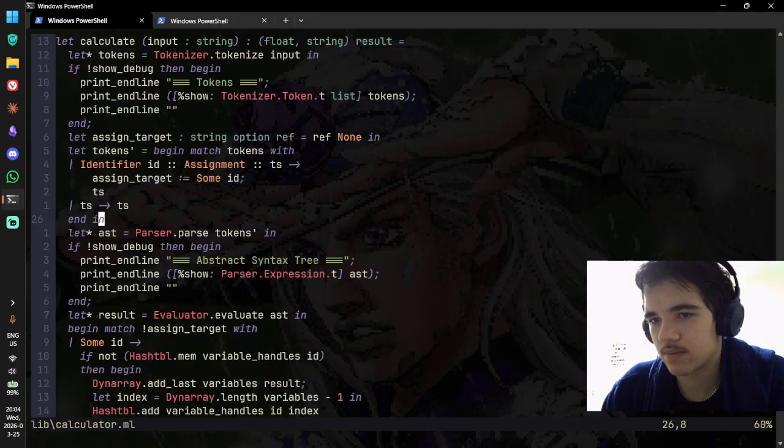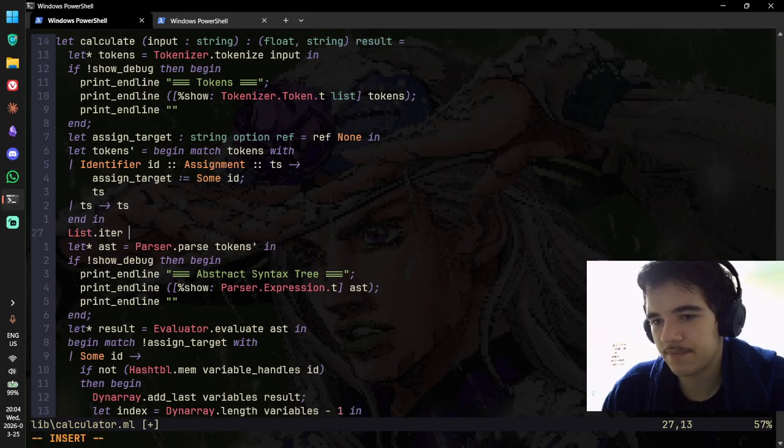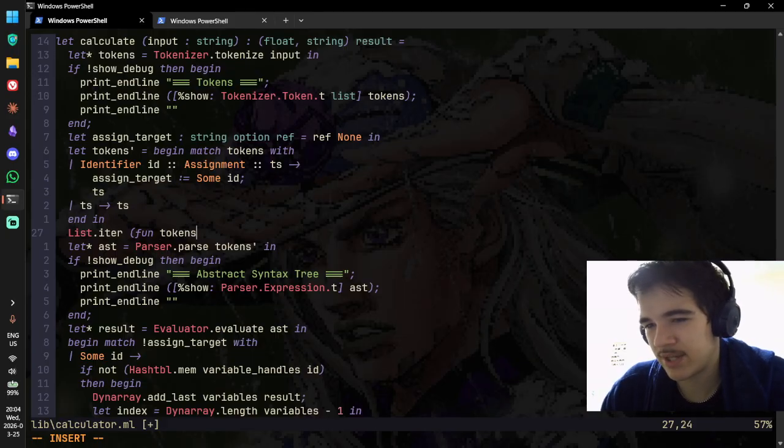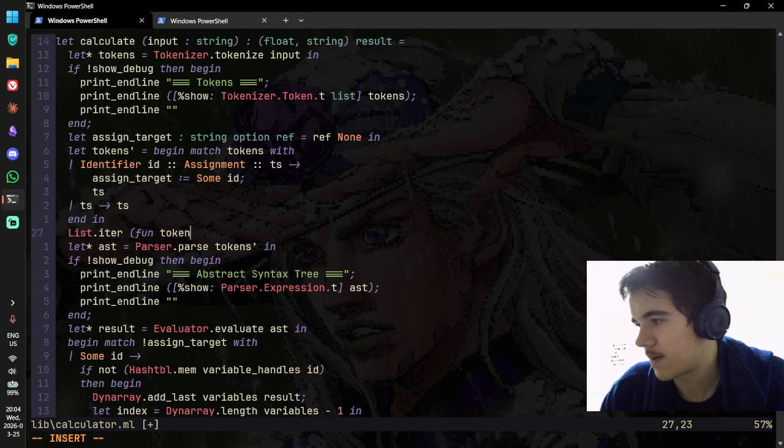So List.iter function x, or like function tree, or tokens, I guess. I mean, I have to shadow it then. We'll do like token